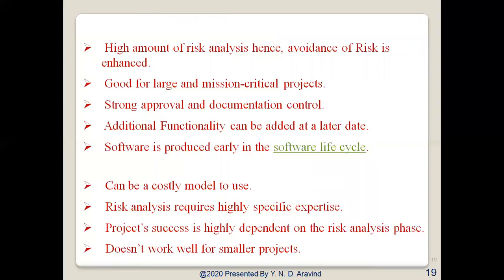So here it enhances the risk avoidance by using this particular spiral model. This is useful for selecting the best methodology to follow for the development of a given software iteration based on the project's risk. So this can incorporate waterfall, prototyping and incremental methodologies as special cases in the framework.